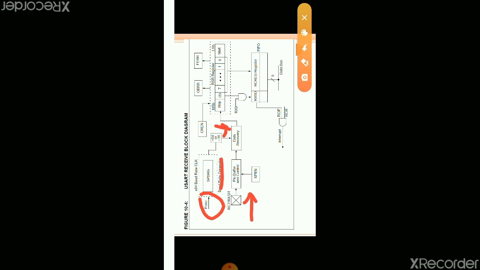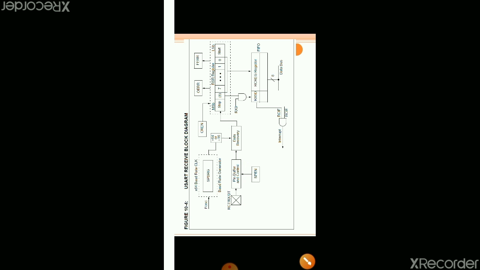The bits are received here. Very important for USART mode, the SPEN bit should be set, and data is received and stored in the receive shift register, or RSR register. If you are going to use the ninth bit, receive ninth bit is enabled here. Then the ninth bit, if you are going to use it, is set, and that ninth bit is copied to the RX9D bit, and the other 8 bits are copied to the RCREG register. In this way the frame is formed: the stop bit, ninth bit, remaining 8 bits and start bit.